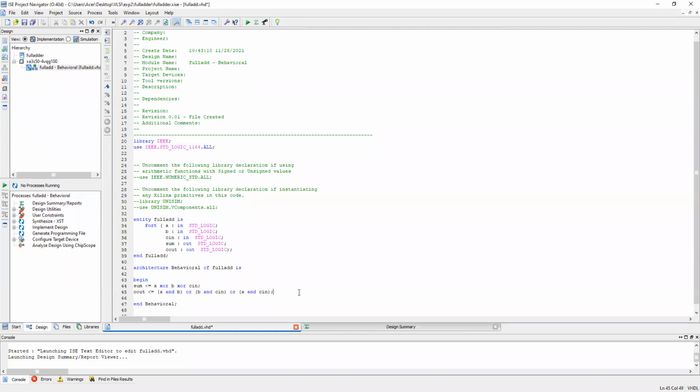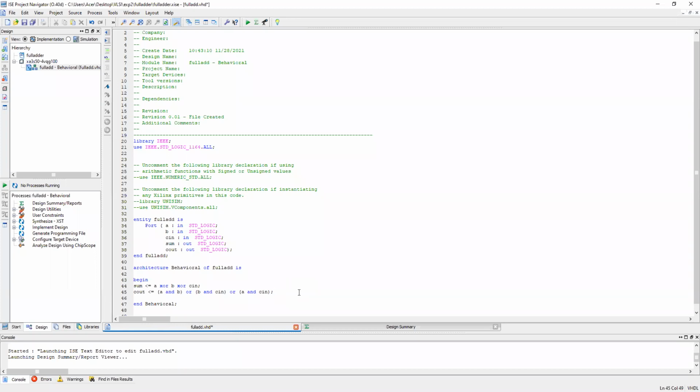Am I right? In case of full adder, these are the only two equations you have. Am I right? Yes, sir, correct. Yeah. This is your code.